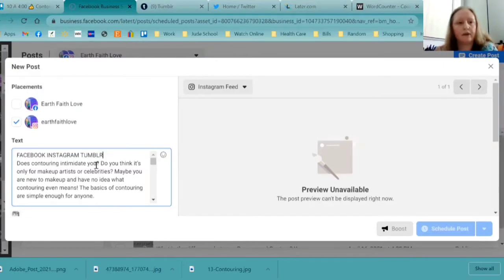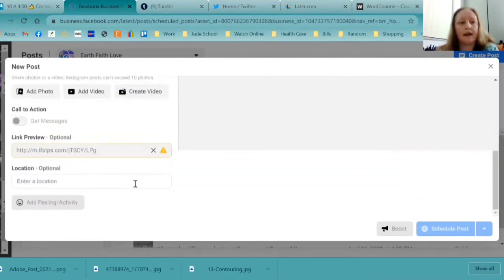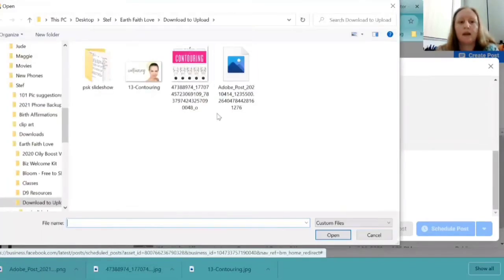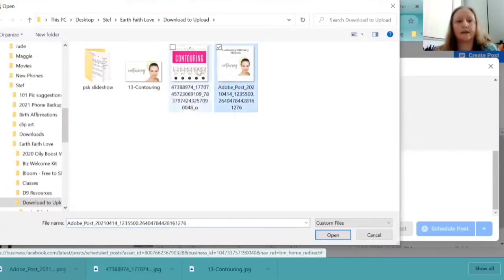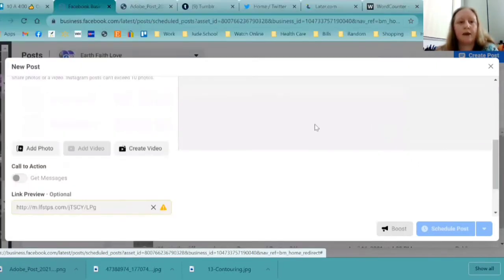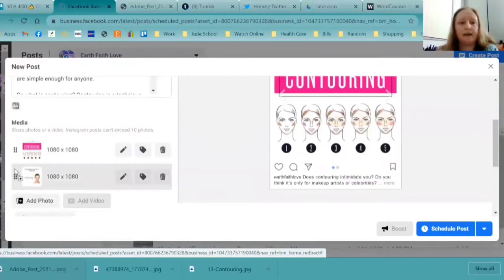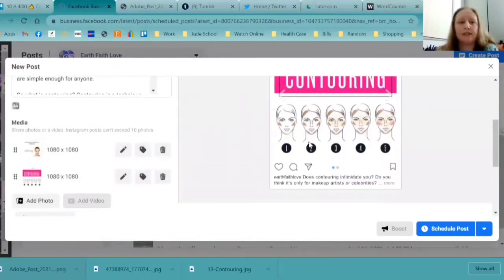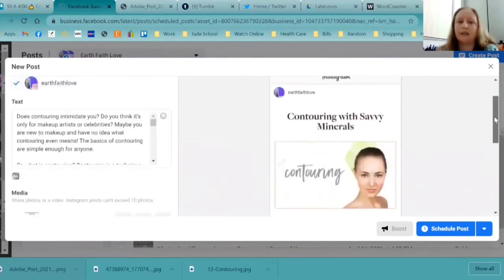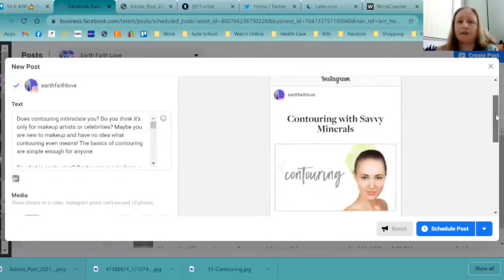And I just want to remove my header. And then I need to add my 2 pictures. So I want this picture. No, it doesn't work that way on here. So I have to go to add photo and select this and add those. And then I want to make sure that they are in the order that I want them. So this is the second picture that I want. I want my feed to have the congruence of all of these images matching. So here you see the class has all the matching.